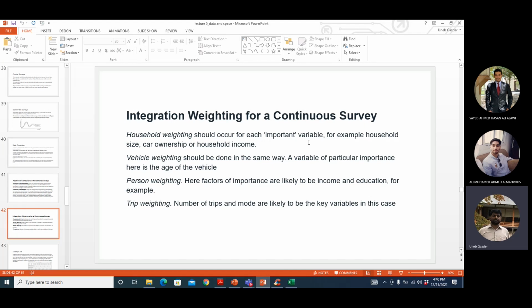Okay, and then you can do person weighting. For person weighting, the factors that you can take into account are income and education, and for trip weighting, the most important variables are number of trips per household and the mode choice of the people. So weighting can be done on the basis of that. Weighting basically means